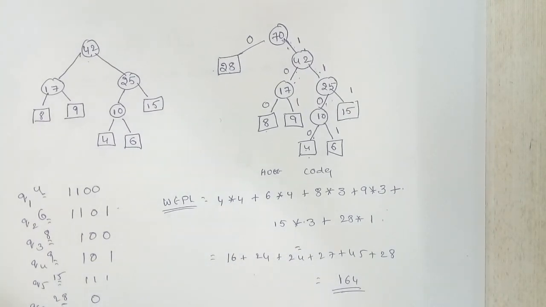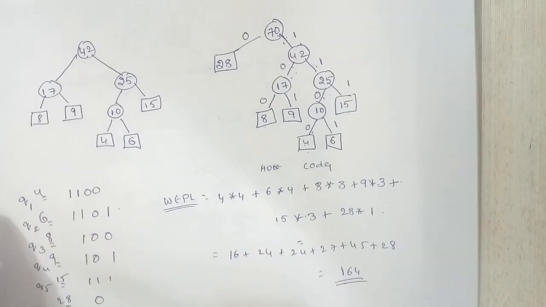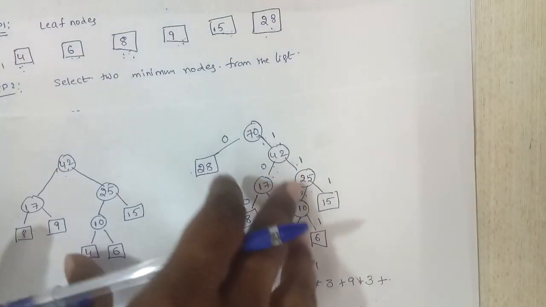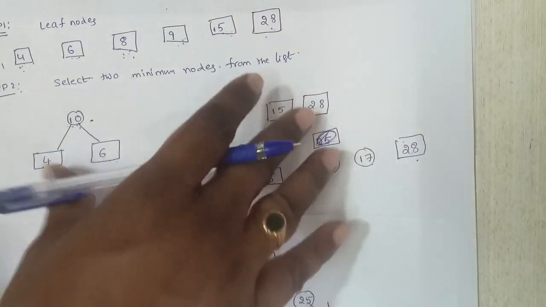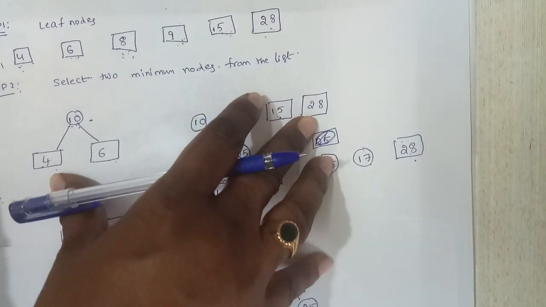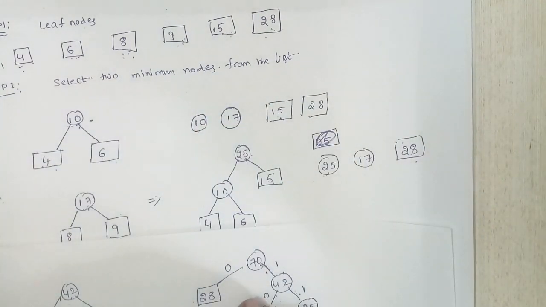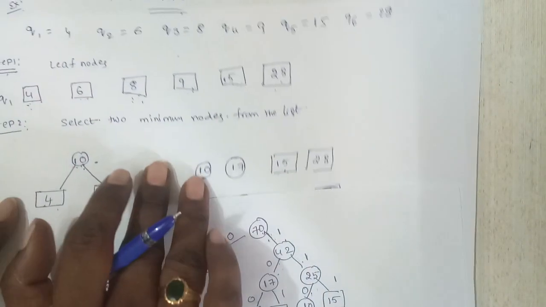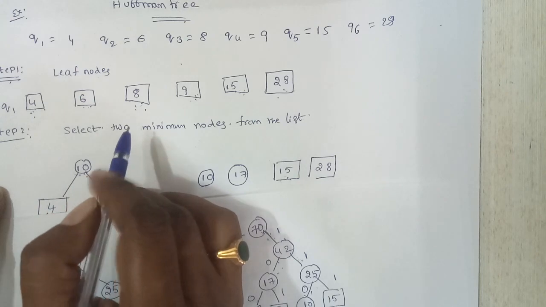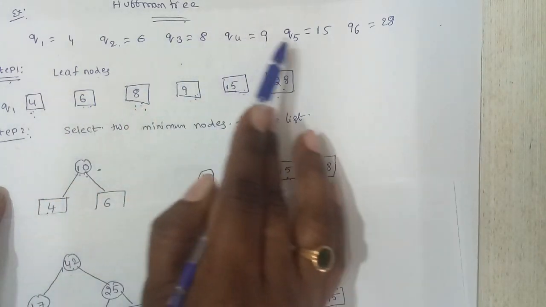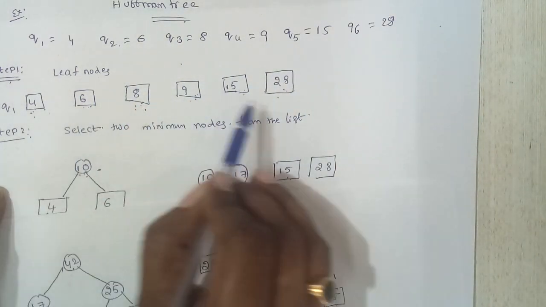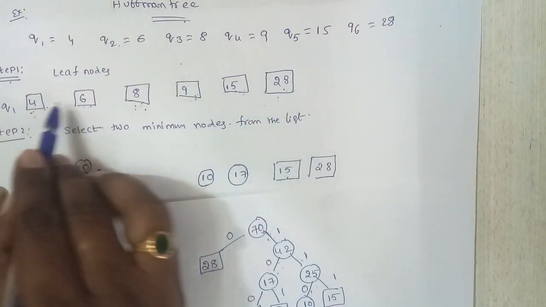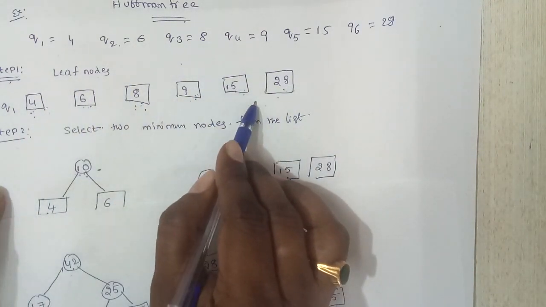So what is the algorithm? The algorithm is very simple. In the exam, if they ask for the algorithm, write the example. What we are doing in the example, the same steps are considered in the algorithm. So what is the first step? The first step is the given characters in the list are made as leaf nodes. That is, all the given values are marked as leaf nodes.